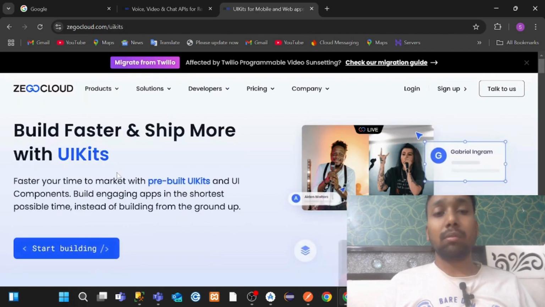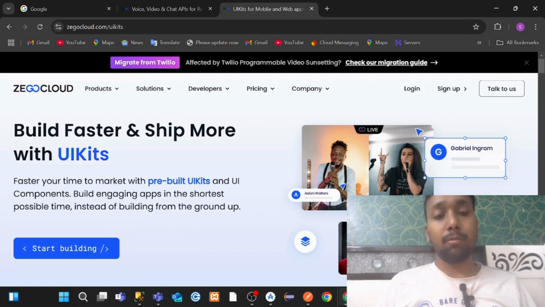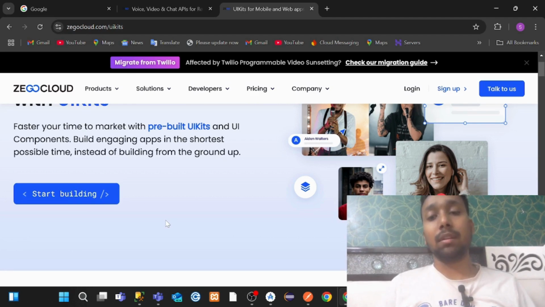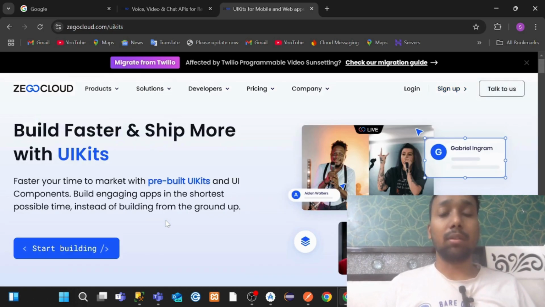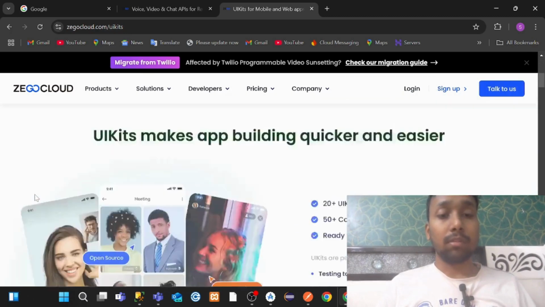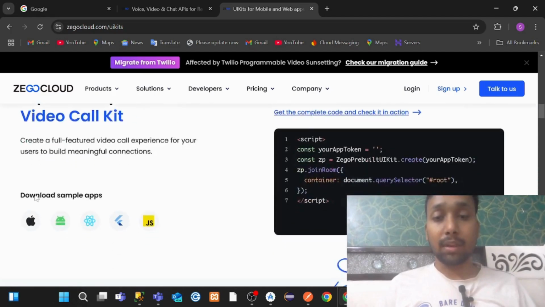So ZEGOCLOUD also works like a low code platform where developers don't need to code too much. They will just get the pre-built UI kit tags or constructors in their code. They can just integrate the constructors and get the whole pre-built UI in their development end. So here you can see I am navigating to